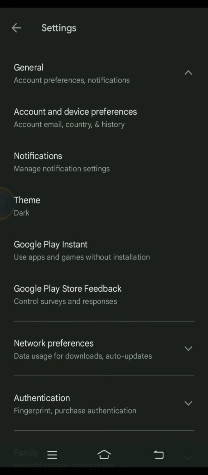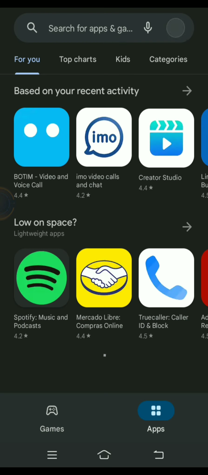So it doesn't matter. So that's it guys, that's how you can change or select the theme at your convenience